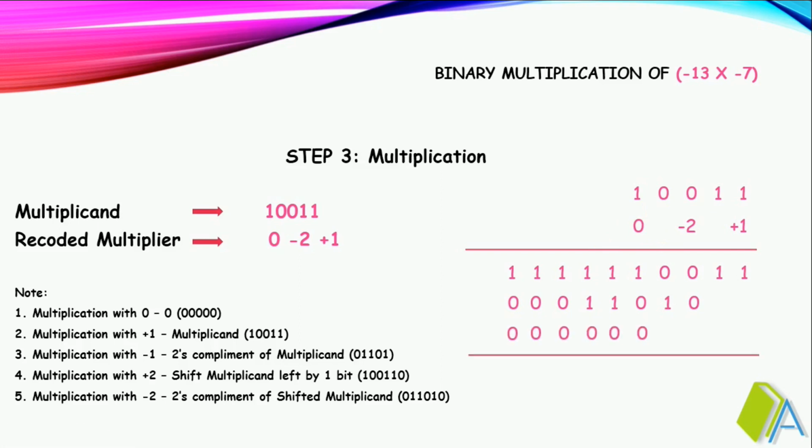The next step is addition. So 1, 1, 0, 1, 1, 1 plus 1, 0 carry 1, 1 plus 1 plus 1, 1 carry 1, 1 plus 1, 0 carry 1, 1 plus 1, 0 carry 1, 1 plus 1, 0 carry 1. I am interested only in the first 10 digits, so I can neglect this carry. After neglecting this carry, if you see the MSB, you can conclude that it is a positive number. So I have to verify whether it satisfies the multiplication rule.